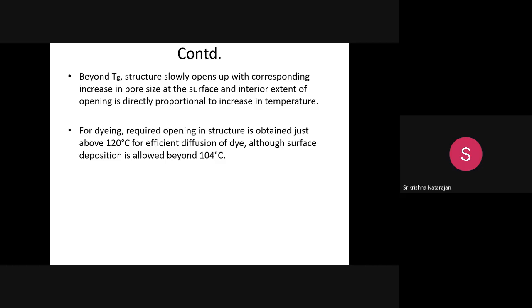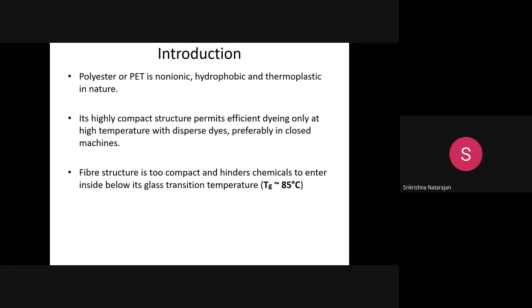Similarly, polyester is a very compact fiber. So for dyeing the polyester, you need to change the state of the polyester from glassy to rubbery. For that, you are applying heat. This glass transition temperature is mainly observed in synthetic fibers and not in natural fibers. Whichever material exhibits plastic behavior, thermoplastic behavior, only in that material does this glass transition temperature come into the picture.